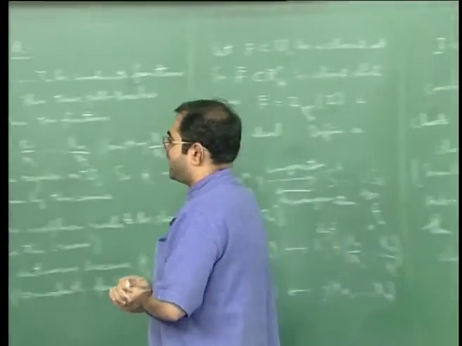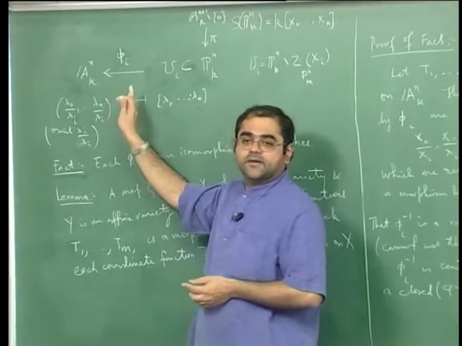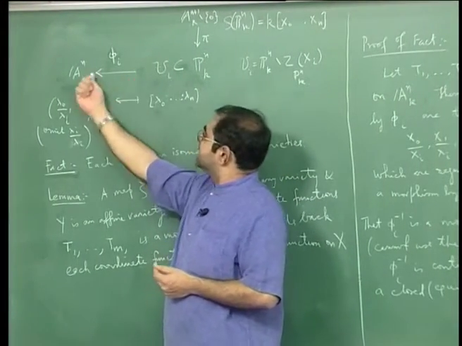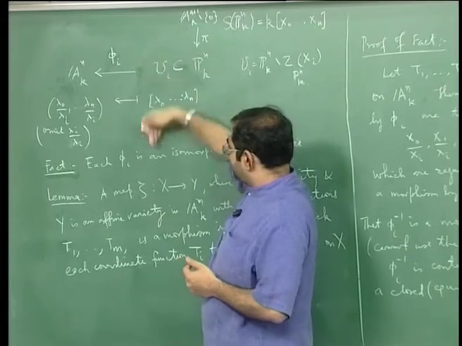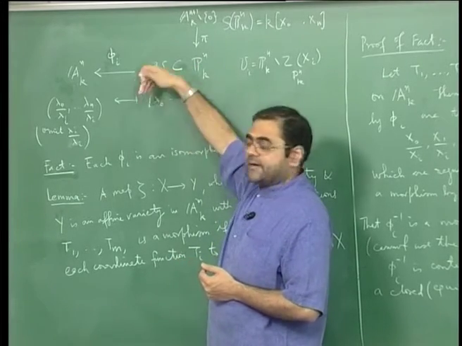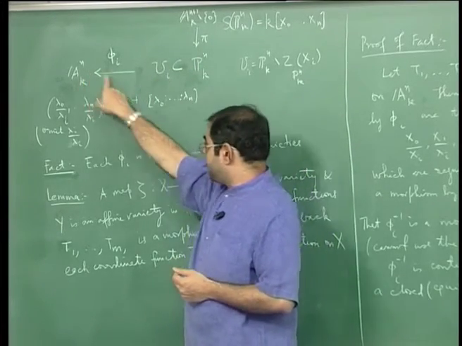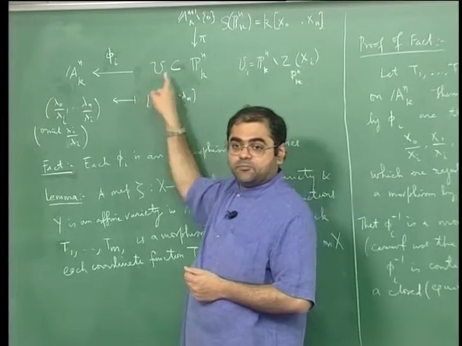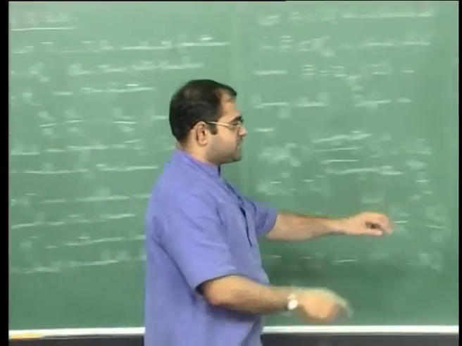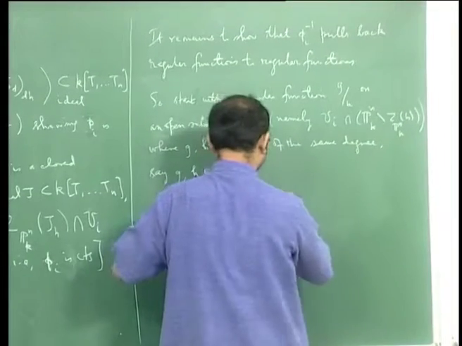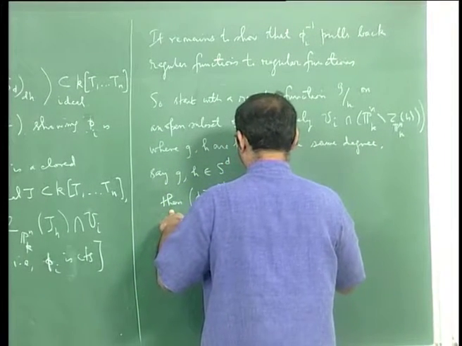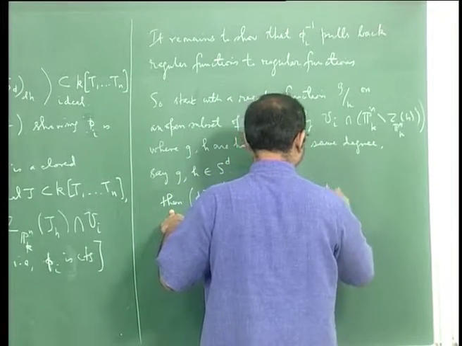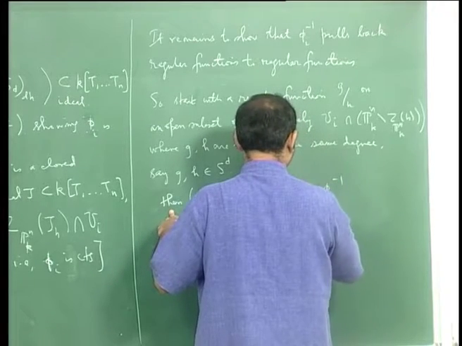So you know I wanted to go back and look at this diagram. Phi_i inverse is in this direction, okay. My regular function g/h is here, it's defined on this. I compose it with phi_i inverse, okay, then I get the pullback. So this simply means that you first apply phi_i inverse and then apply g/h,